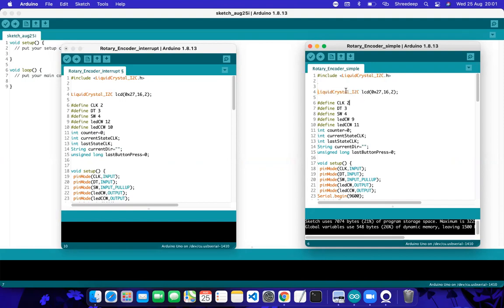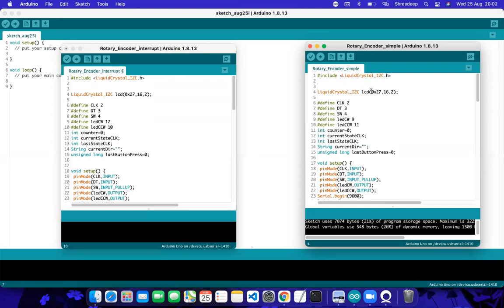The class comes in this maroon color. You need to declare an object, for example like Serial. It can be lcd, it can be ruby, whatever, to inherit all the properties written within the LiquidCrystal_I2C class. That is why you are inheriting all the functions from this class. So this is your object.